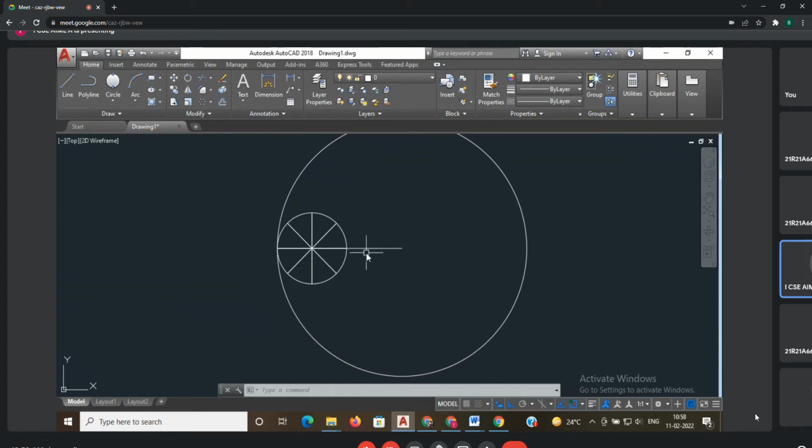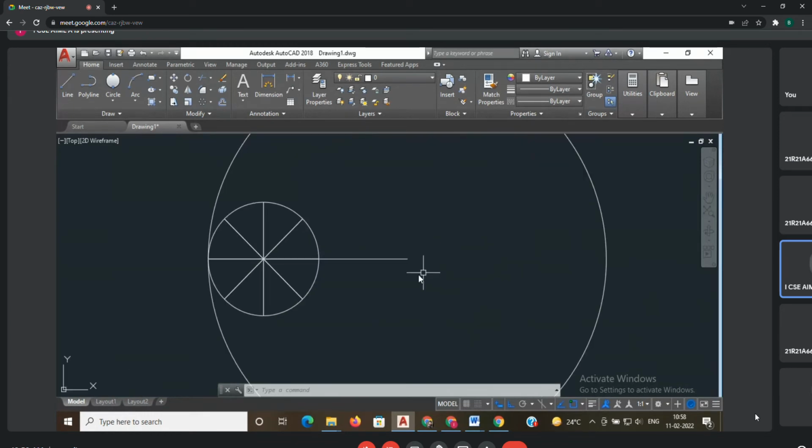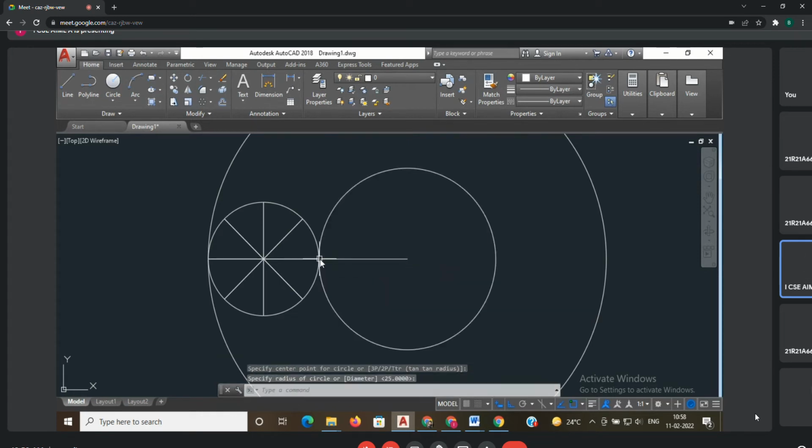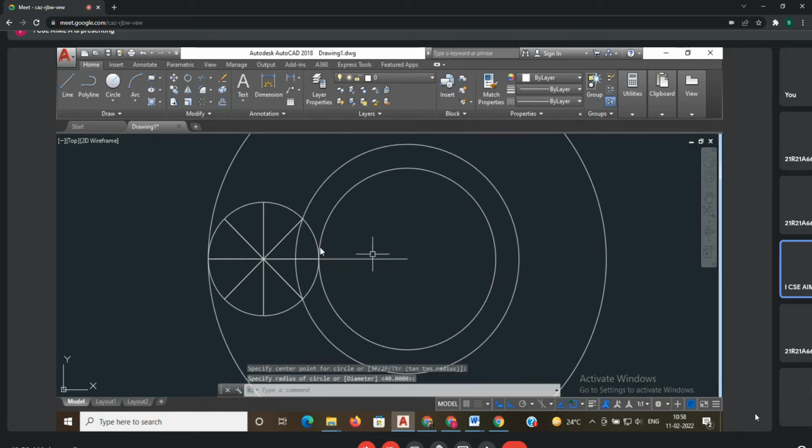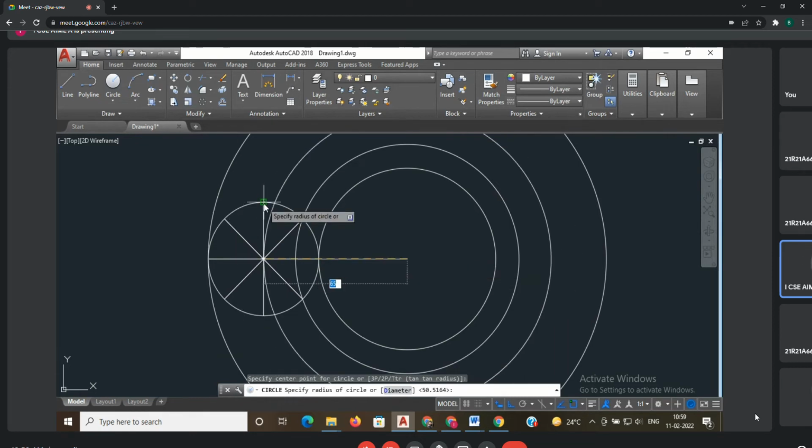Now here we don't have the length, we have an arc here, right? Because of the 2 circles' radii we have an arc. For that, what you have to do? You have to draw the arcs from the directing circle center. That's why select the center and radius method. Select the center, and radius. This is the first radius. Next, same center, and radius. Same procedure, center, radius. From each division, you have to draw the arcs.